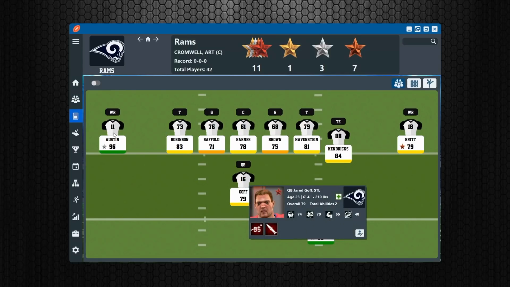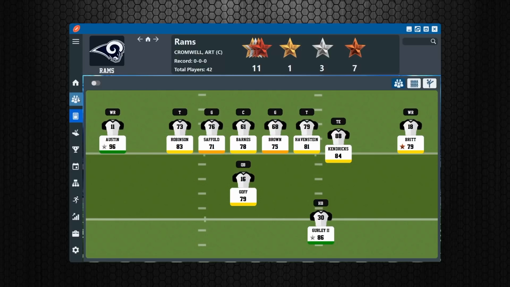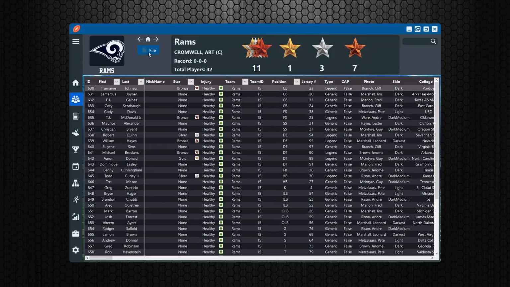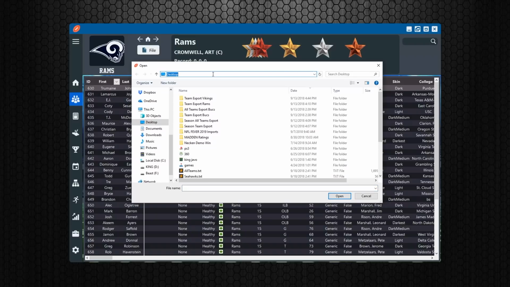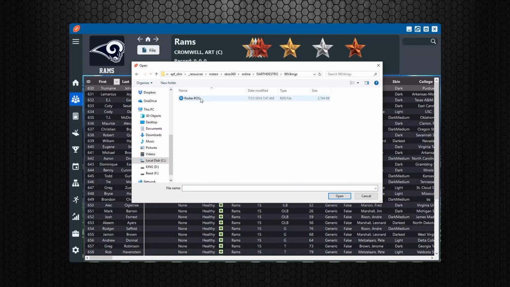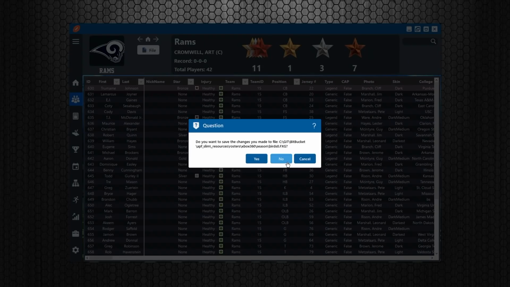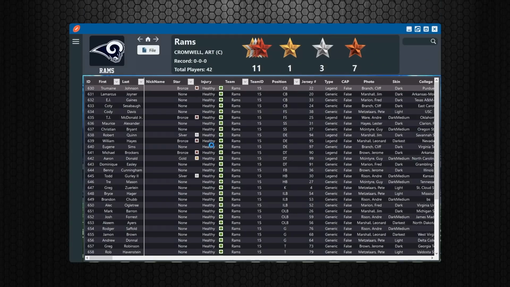They look pretty good here. Everybody's looking pretty good. So I'm happy with this, right? Now let's go ahead and open. Let's say you have a roster from somebody you know, and I have one here. I have an old 98 Vikings roster. Okay. I don't want to save that. I didn't make any changes, but